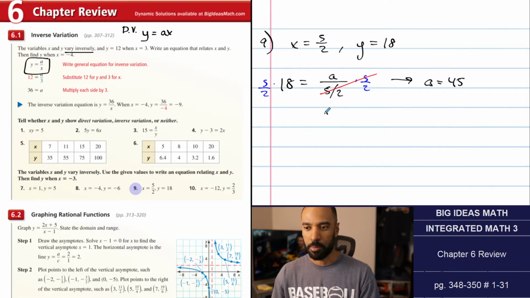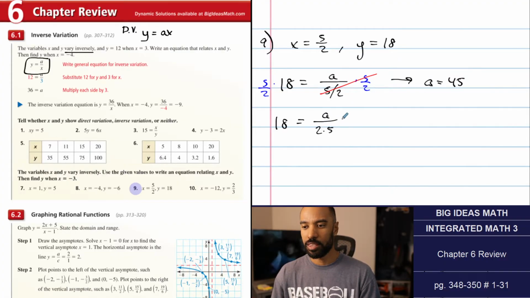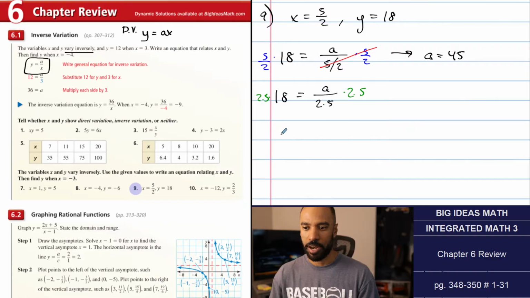What are other ways you can think about it? 5 halves is also 2.5, so you can multiply both sides by 2.5 to do the same effect if you're just confused on the fraction. After I just say times 2.5, you should get 45. The third way I want to bring up, though, is something we're going to have to do later anyway, which is